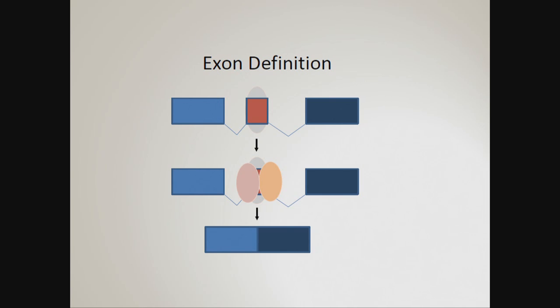Small exons are recognized by cooperative binding of components to the two ends of the exon. Factors at the 3' splice site, the 5' end of the exon, and the 5' splice site, the 3' end of the exon bind cooperatively, resulting in the efficient recognition and removal of the exon. The next slide shows